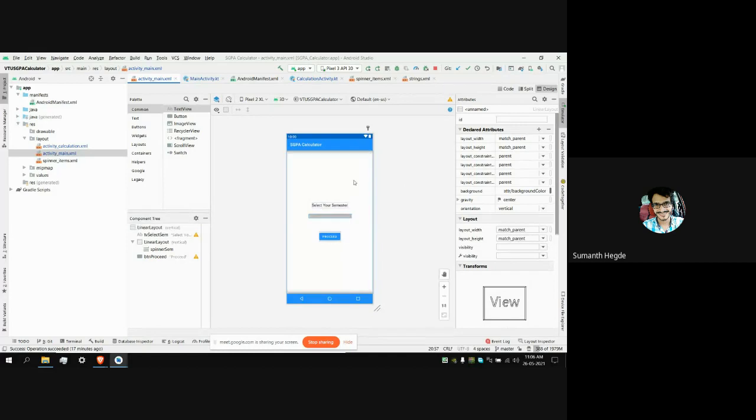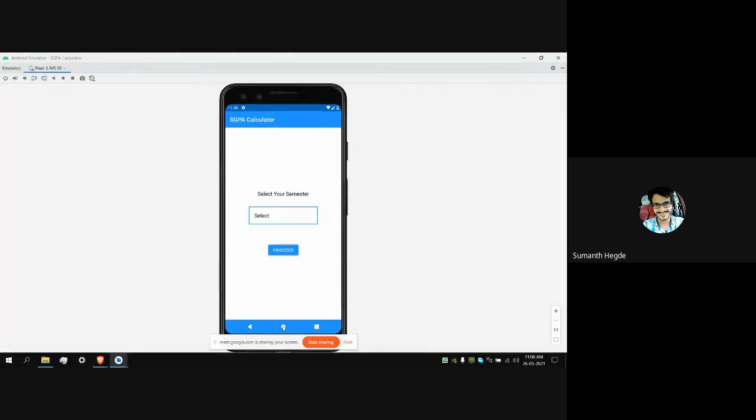Let's see how it works on the Android emulator. It's already running. So here it is, the home screen of this app. Here you can see a spinner. If the user clicks on this, a drop-down menu will pop up, and he can choose any one of these options.